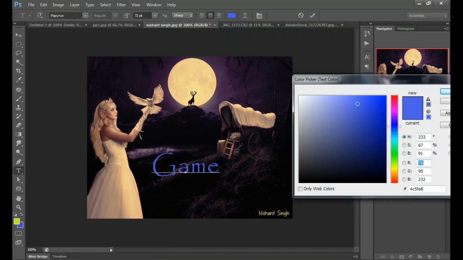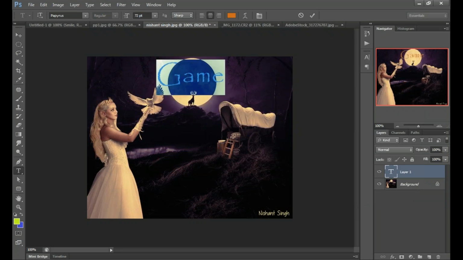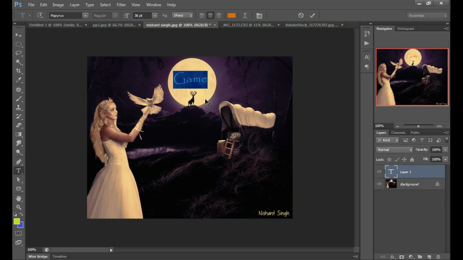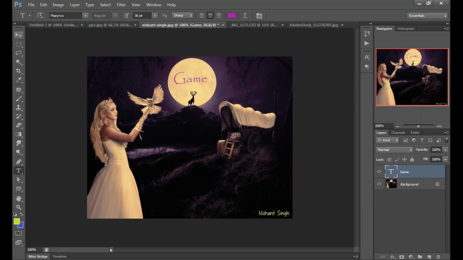Change the color. Clear? If we want to write anything on our previous image or our photograph, we can write from here.